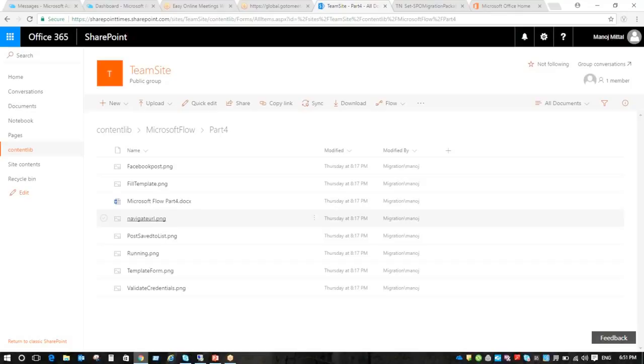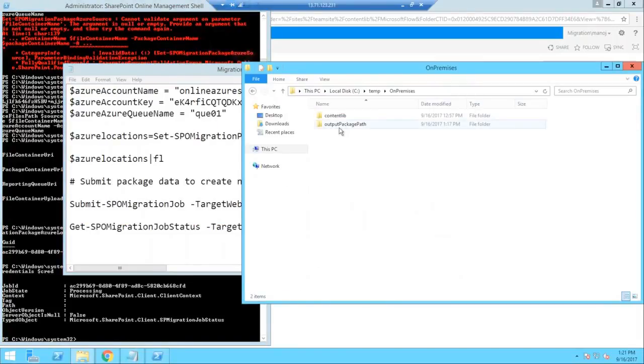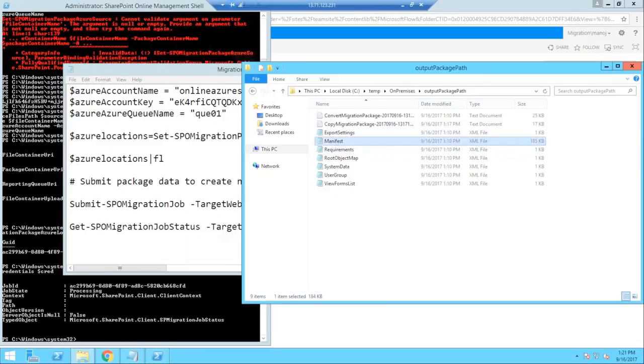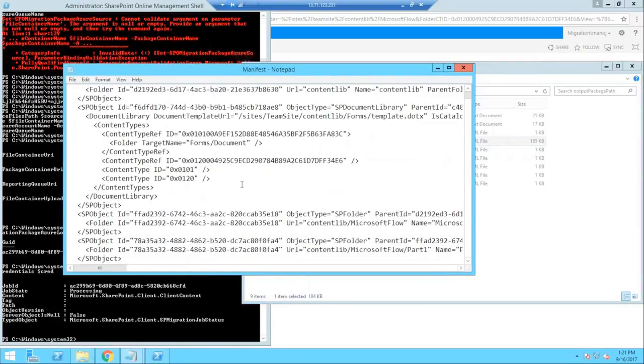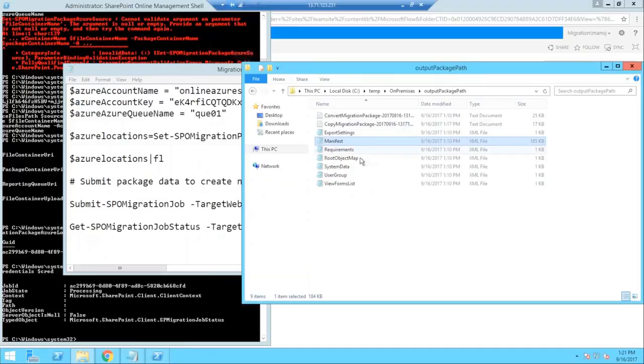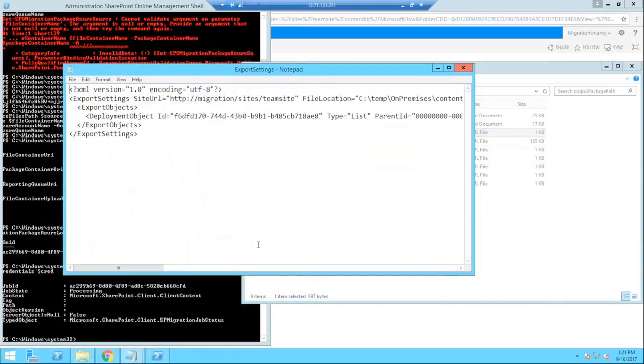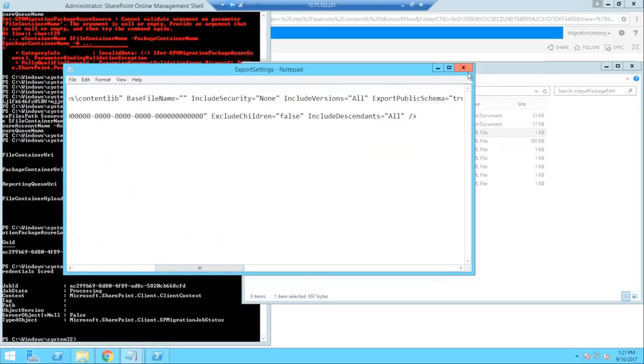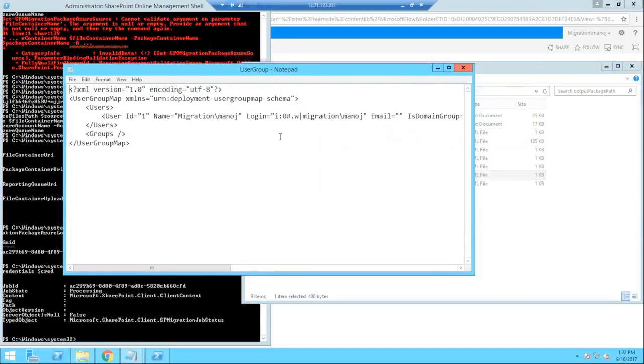So before taking care of those activities, I'll show the XML file. This output file, this manifest.xml file, we need to read carefully. Here we can change the content types, all the users also. Everything exists here. Settings, dependencies, and somewhere the users also exist. Let me take user groups. So if we are moving with the item level permissions, we need to check whether the user exists or is already migrated there, or if we need to change the users to some different account, maybe the user has changed. Hopefully that should also work, but frankly, I never tried that one.